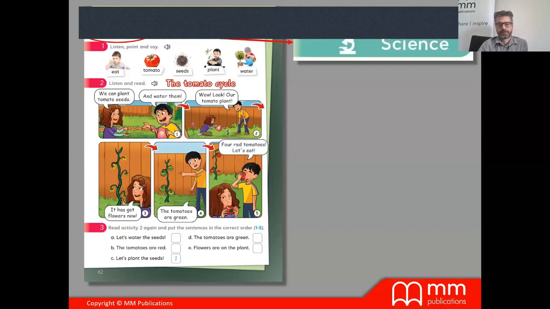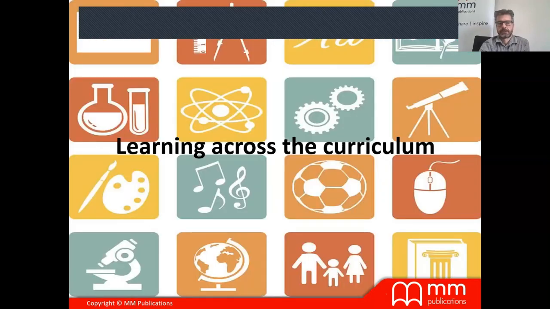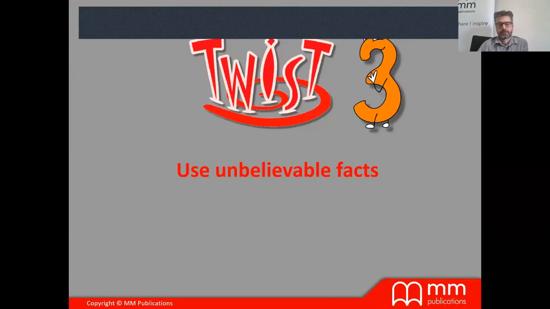Of course, this is done as a reading comprehension activity, and it has some reading comprehension questions later. It can be put the sentences in the correct order, or true or false, yes or no, answer who says what. And of course, it doesn't only have to do with science, but with other subjects across the curriculum, astronomy, music, chemistry, as I said, history, etc.